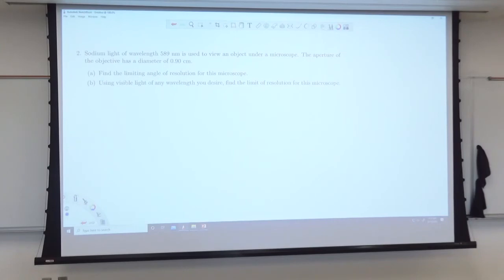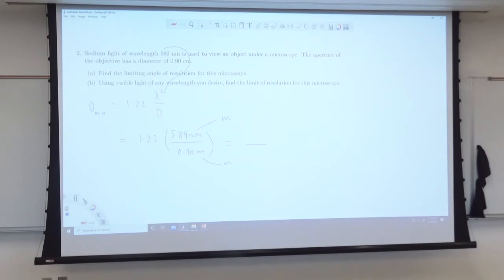So the criteria is theta minimum is 1.22 lambda over d. Okay. That's the limiting angle for resolution of the microscope. So 1.22 lambda is that, okay, 589 nanometers, and d is diameter, which is 0.90 centimeters. You need to convert this to meter and this one also to meter, and that will give you the limiting